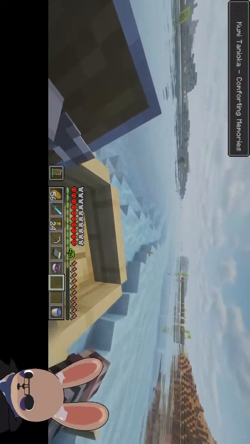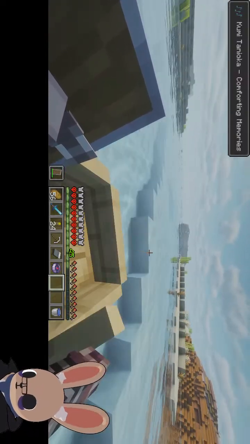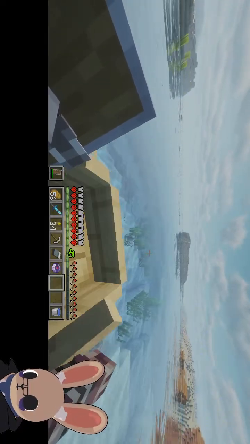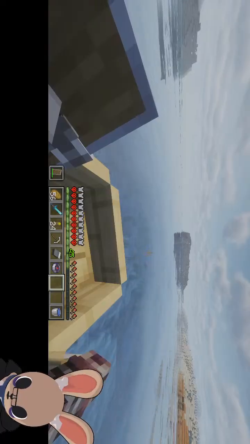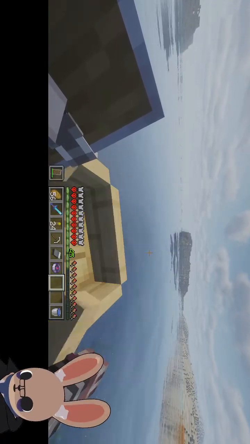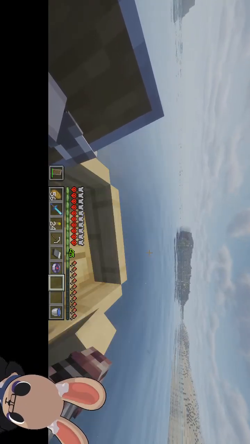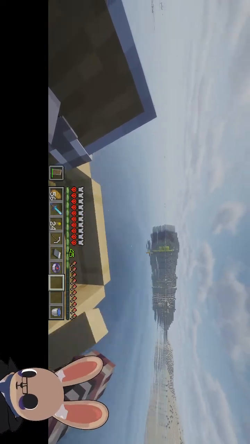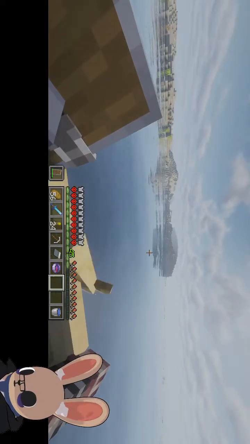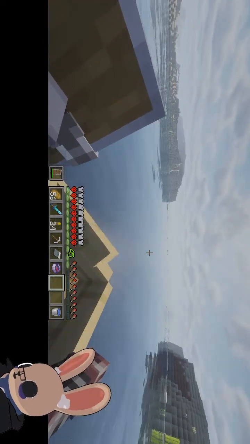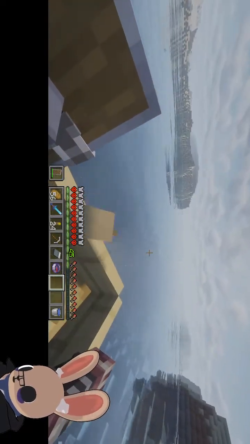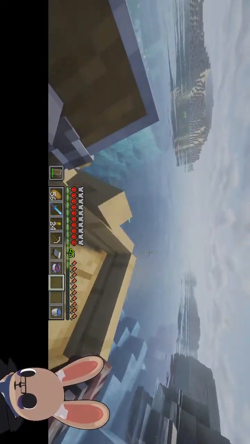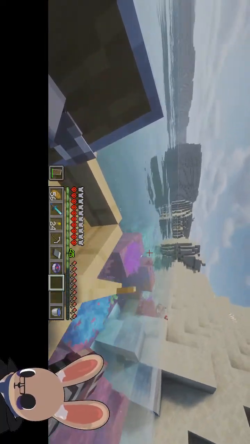So something I kind of need to do for this thing is I need to excavate down. It's not going to just be on the surface like I tend to do. I need to dig down a little bit so that when I actually start building this, the likelihood of iron golems spawning somewhere they're not supposed to be, and then I have to go manually kill them, is less. Because manually killing golems can and very